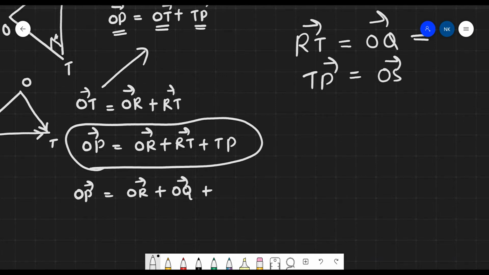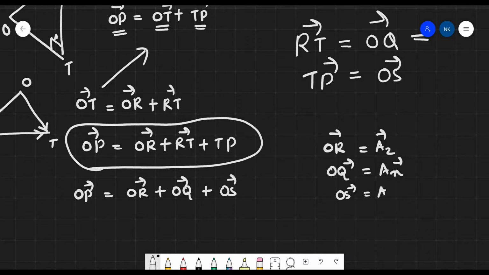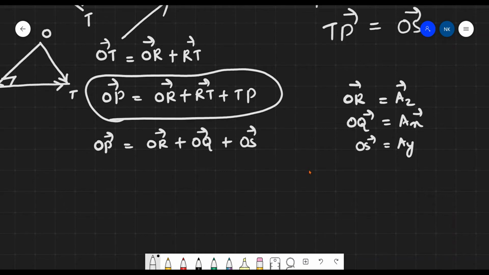OQ vector plus OS vector. Alright, now what was OR? OR vector, that was equal to AZ vector. Okay, what was OQ? That was AX vector. And what was OS? That was equal to AY vector. So hence it is proved that OP vector, which was equal to A vector,